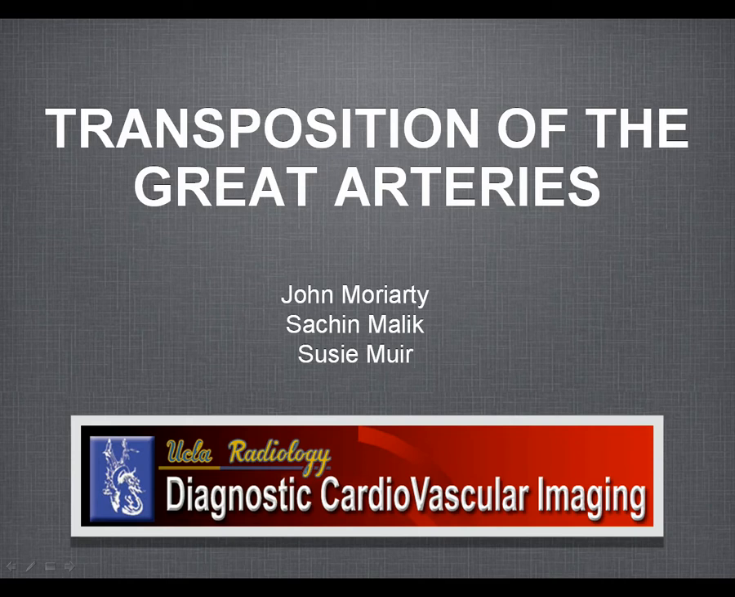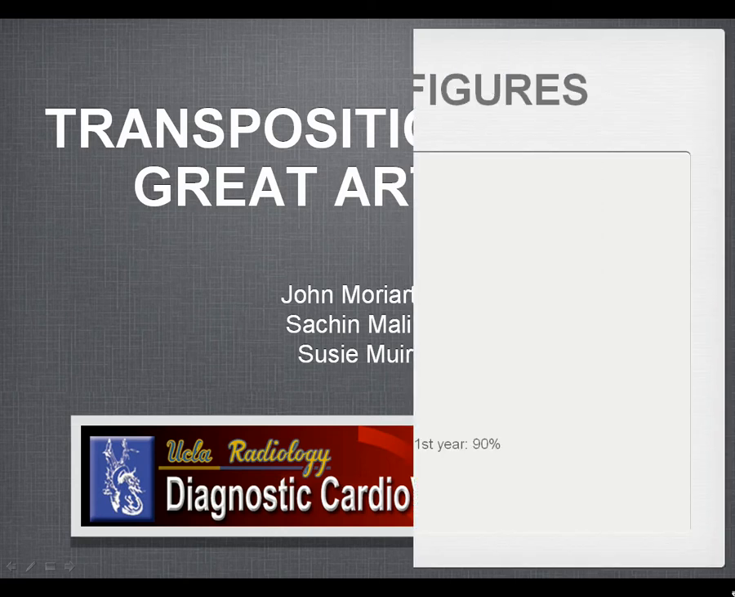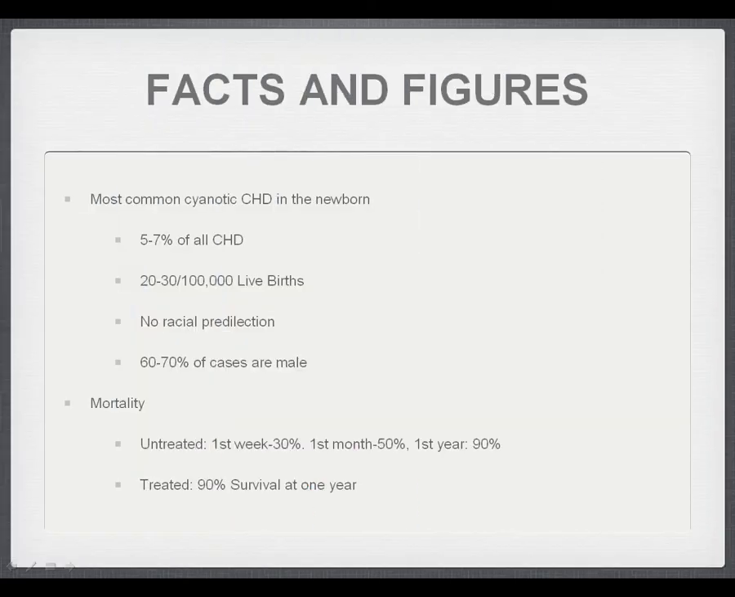Talking about transposition of the great arteries. This is following on from our first podcast, which was on tetralogy of Fallot, and today I'm going to be talking about the most common of all the cyanotic congenital heart diseases in the newborn, and the second overall after tetralogy. It encompasses 5 to 7% of all congenital heart disease and is more common in males than in females. And it's an important one to talk about because while it's common, it's also very well treated in